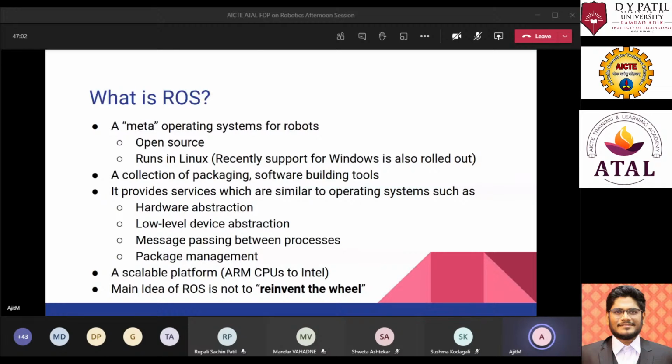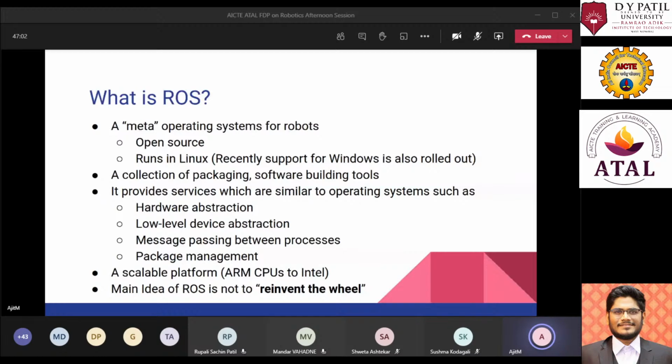This is very helpful when it comes to quick prototyping of the system. And this is really well integrated in the complete ROS architecture. So right now, ROS is getting scaled up to many different CPUs as well. It is also supporting ARM architecture. It is supporting Intel architecture, and it is going into more and more embedded systems. So there is also micro ROS, which helps you. Basically, all of ROS has been tuned down for getting onto embedded systems.